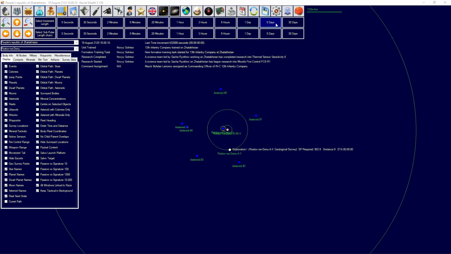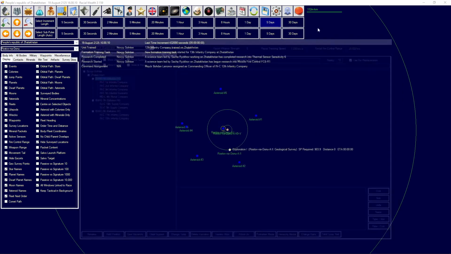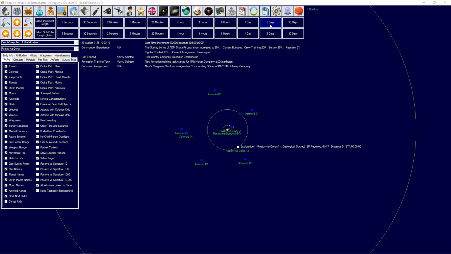Right, is there anything else that we need to focus on right now? Actually, let's have a look at the ground units here real quick. So we have another battalion, we'll put in 2 supply companies there. Then we'll have this battalion filled with the infantry. Got another infantry company, and another infantry company, of course. Then there's going to be the mortar company, and that's going to be the end of our unit production for